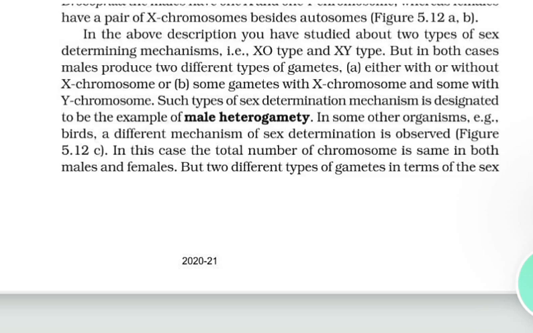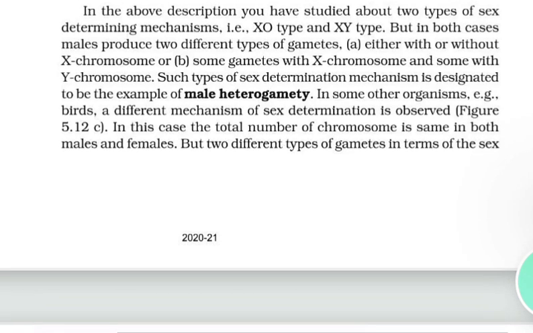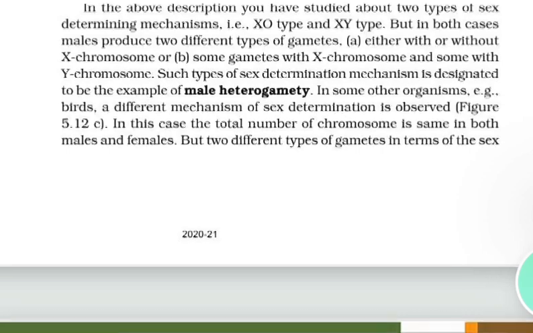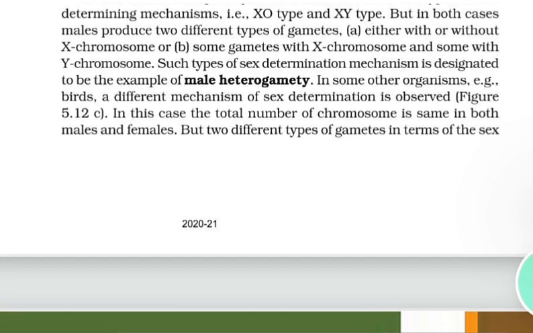This observation led to the investigation of a number of species to understand the mechanism of sex determination. In a number of other insects and mammals, including man, XY type of sex determination is seen, where both male and female have the same number of chromosomes. Clear? Among the males, an X chromosome is present, but its counterpart is distinctly smaller and called the Y chromosome.